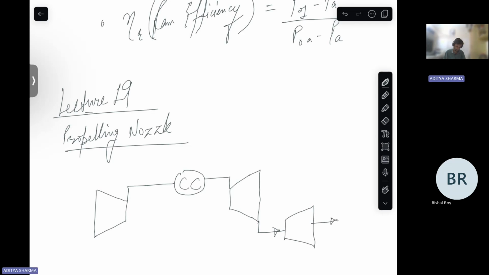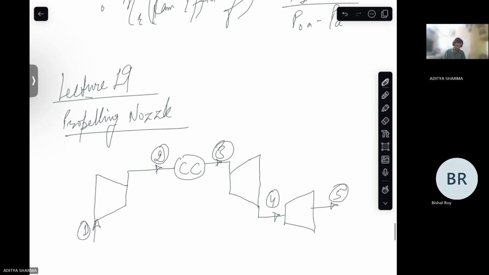This is the way it has been drawn in your lecture. This is your compressor, this is the combustion chamber, this is the turbine, and then you have a nozzle to again accelerate